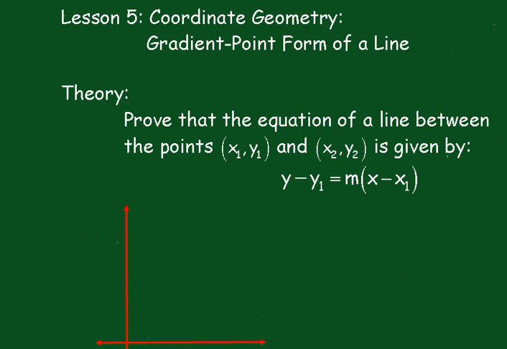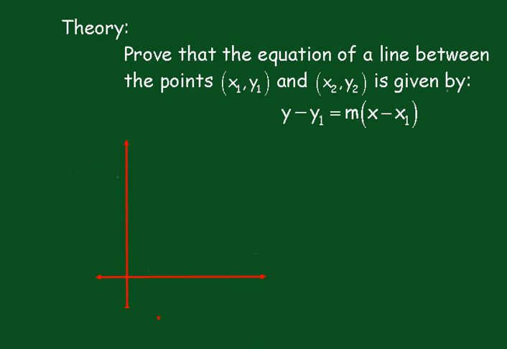First of all, we'll draw a line. Okay, so we'll just draw a line through here, some line. It's supposed to be straight. Now on that, we'll put a point here and a point here, and we'll call this one x1, y1, this one x2, y2. So the gradient of that line is the difference in the y values, y2 minus y1